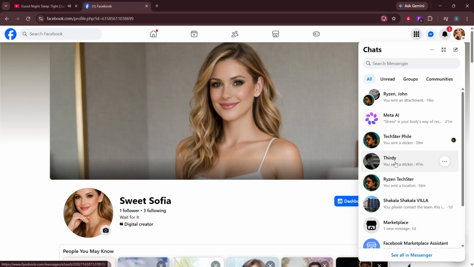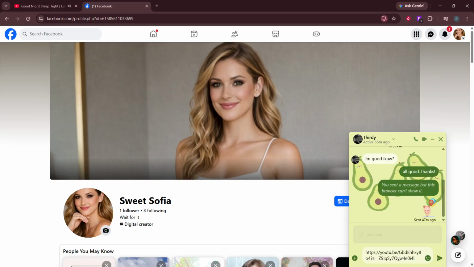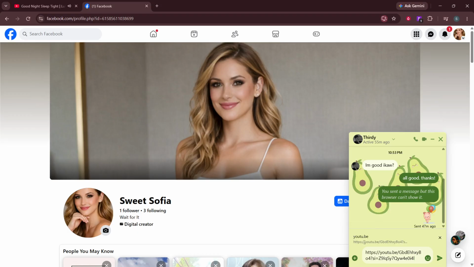Inside the chat, paste the link in the chat. Tap once in the typing box at the bottom of the screen to bring up your keyboard. Then use the paste option, usually by tapping and holding in the box until the word paste appears, then tapping paste. You should now see the full song link appear in the message field, and in many cases Messenger will instantly show a small preview with the song title and image.